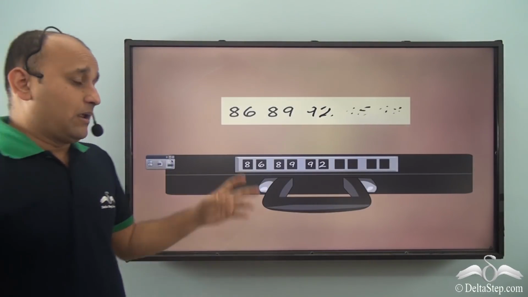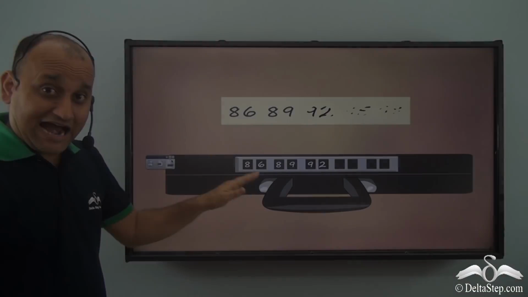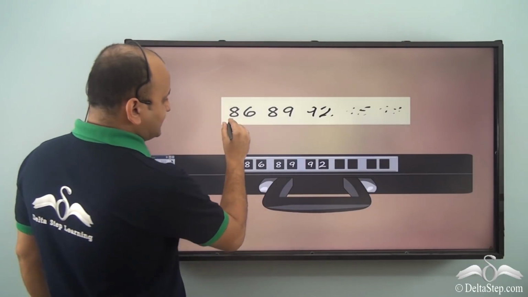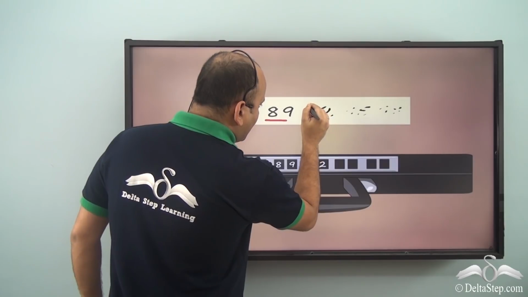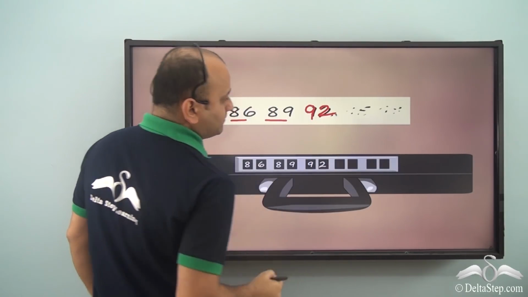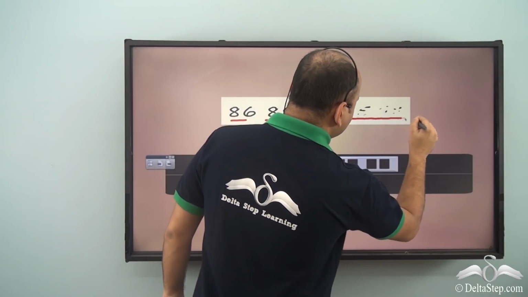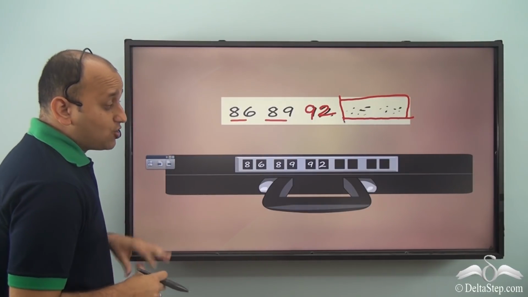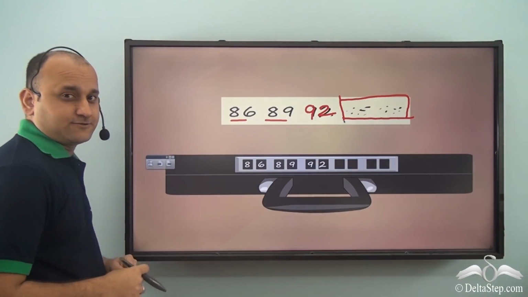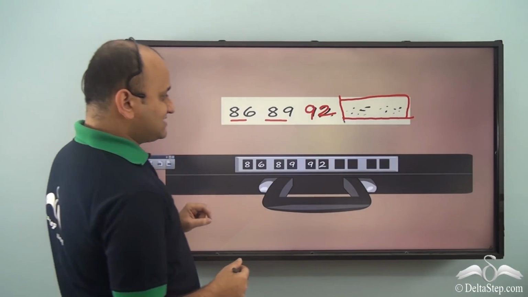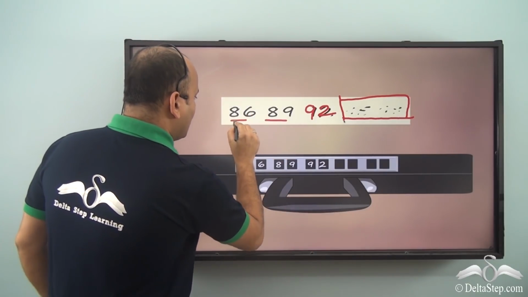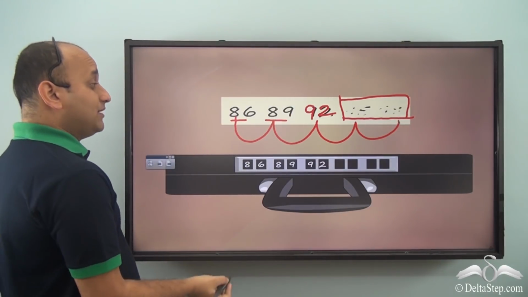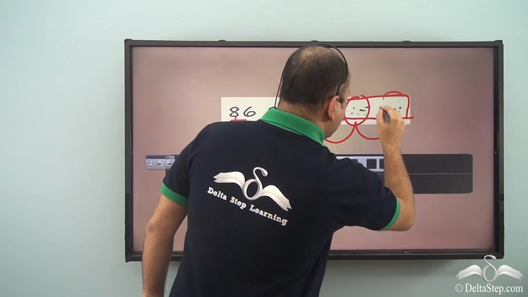Now let's come back to our briefcase problem. Now we had 3 numbers which we could figure out for the passcode. Those were 86, 89, and from this we can understand this is a 92. But the other two numbers are not visible at all. So how do we find the other two numbers and open this briefcase? Well, you will have to understand the pattern in these numbers, and if you can find the pattern, then you will be able to find out these two unknown numbers.